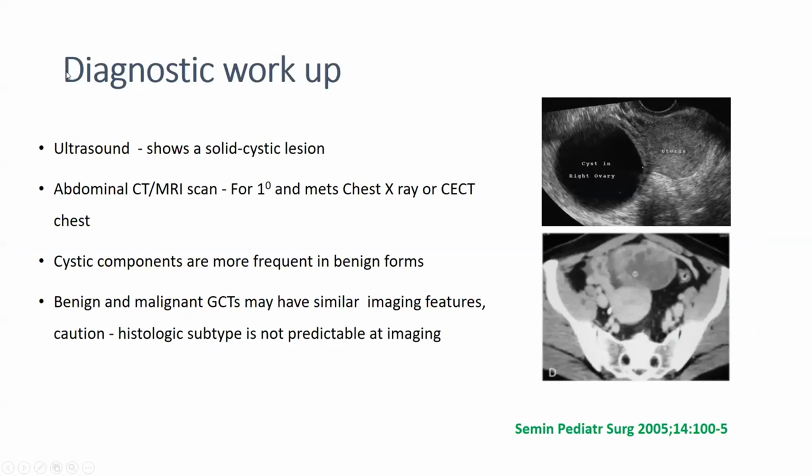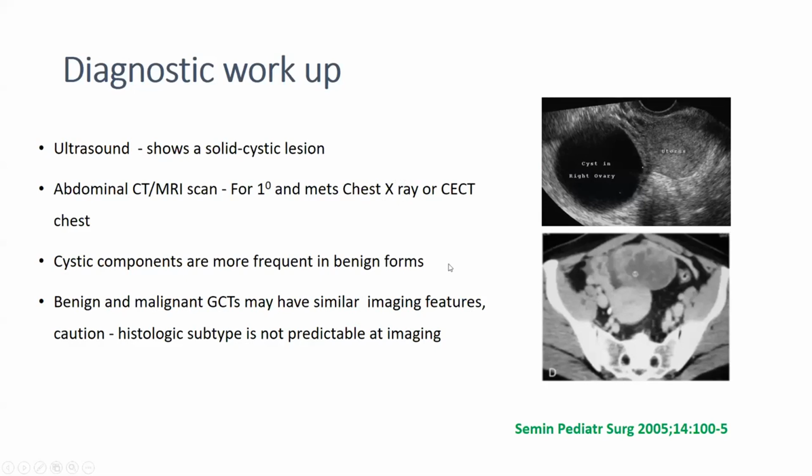So now how will we diagnose these tumors? Generally, ultrasound is the first investigation which is done, which shows a solid cystic lesion. This is generally followed by abdominal CT scan or MRI for the primary and metastasis: metastasis to liver, retroperitoneal lymph nodes, or peritoneal metastasis. Then chest X-ray has to be done routinely, and if there is any abnormality on chest X-ray, CT chest has